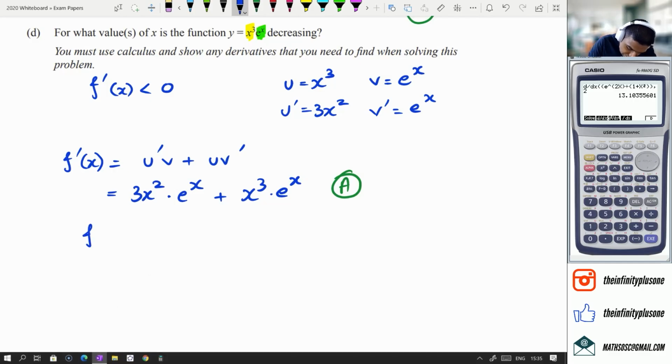What we know is that this function has to be less than 0. And because it has to be less than 0,